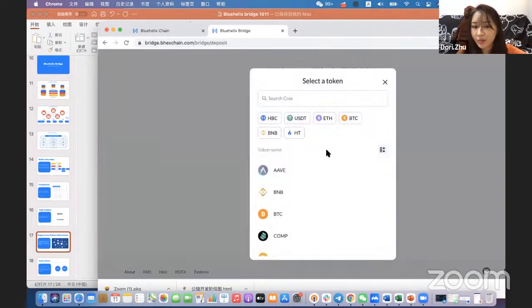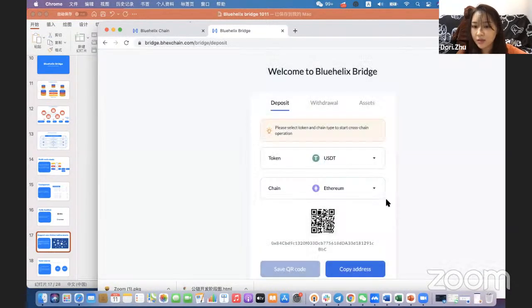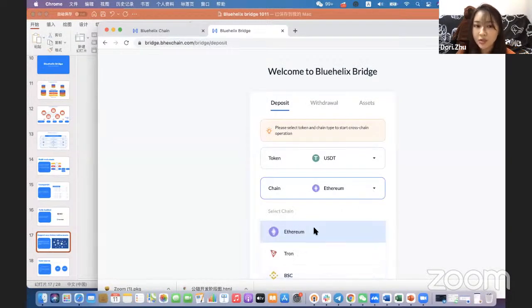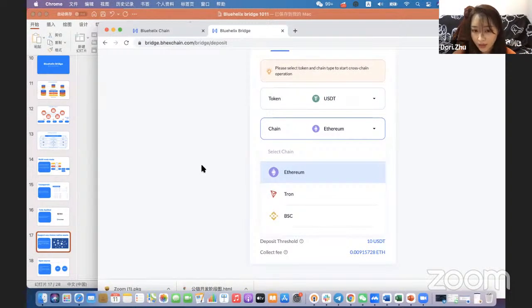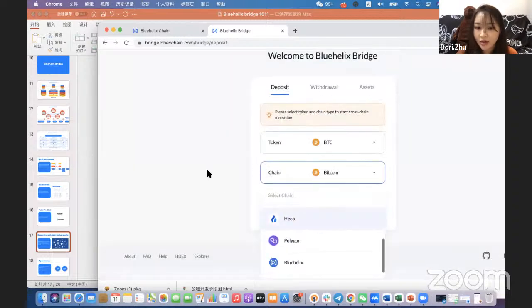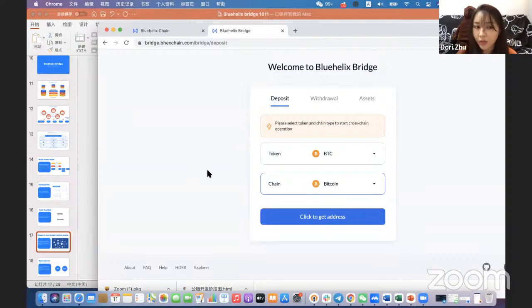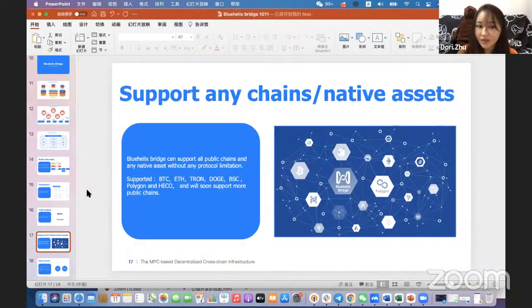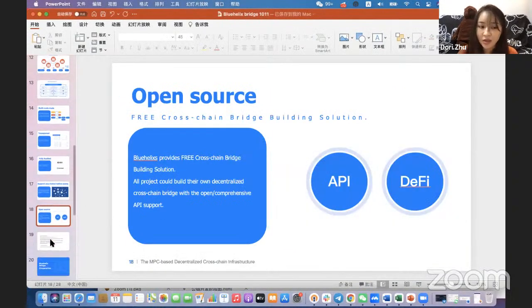It's quite different from other cross-chain bridges, because other cross-chain bridges such as Celer or SunSwap may be based on smart contracts. So they can only support public chains based on the EVM or on smart contracts. But we can support others such as BTC and Doge, and other different public chains. So we can support more public chains in a more decentralized way than other bridges. It's quite difficult for the other bridges.